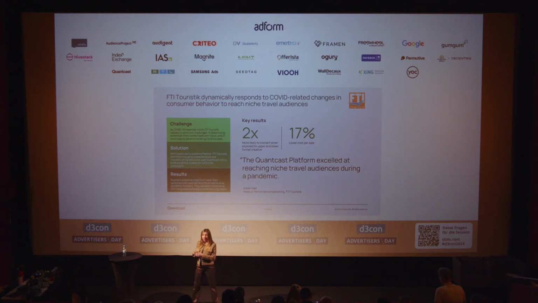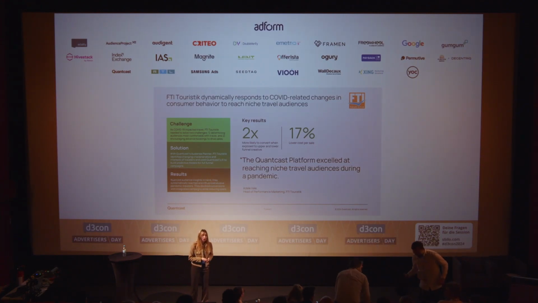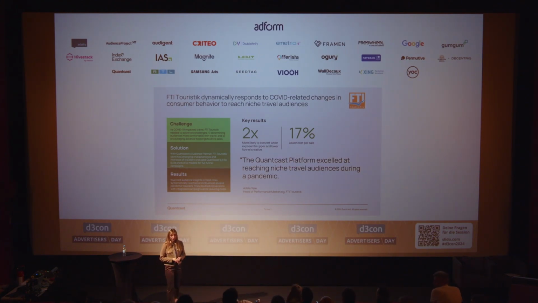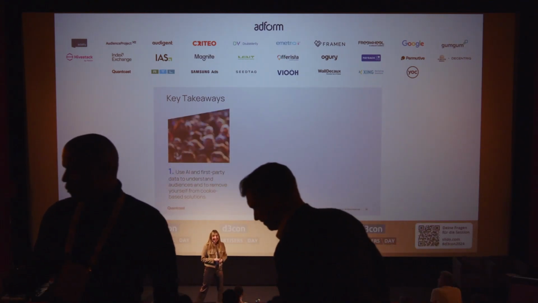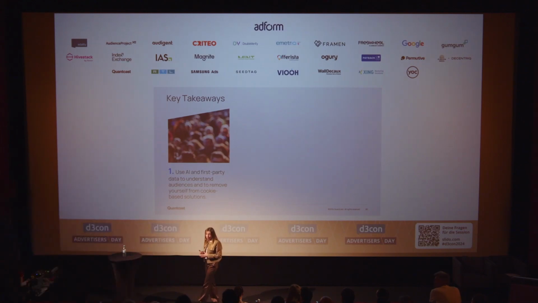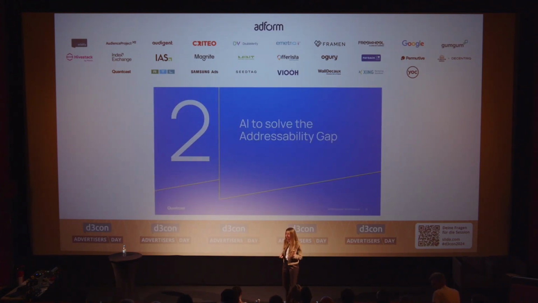Okay, so first of all, the use of first-party real-time data was really key here due to the external world conditions, and then you pair that with a full funnel strategy where you target from top to bottom. So key takeaway number one, and there's three. Number one is really to use AI and first-party data to understand audiences and to remove yourself from the cookie-based solutions, which is our second chapter, let's put it that way,